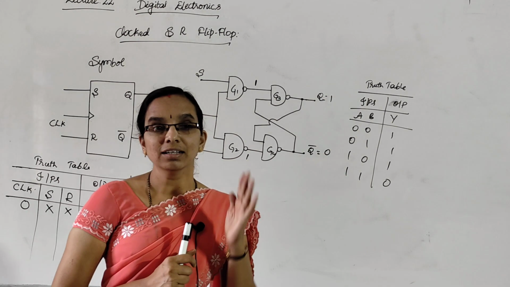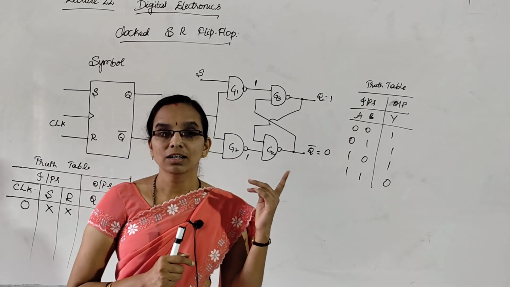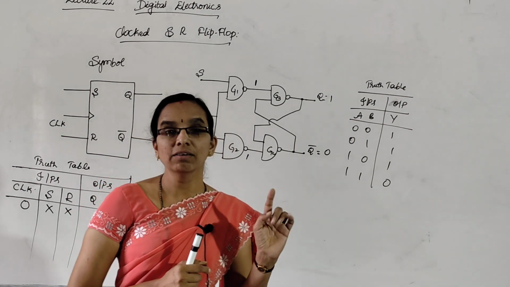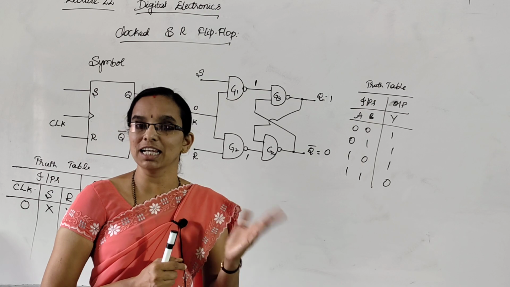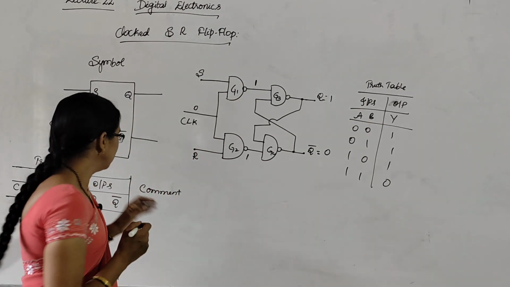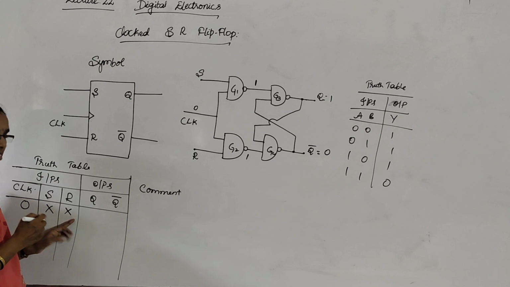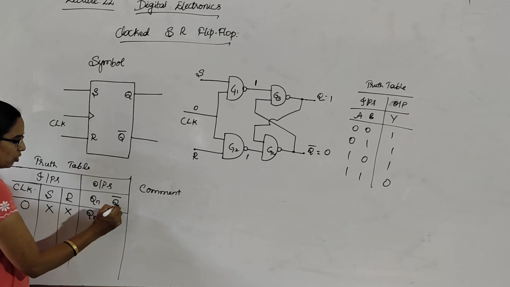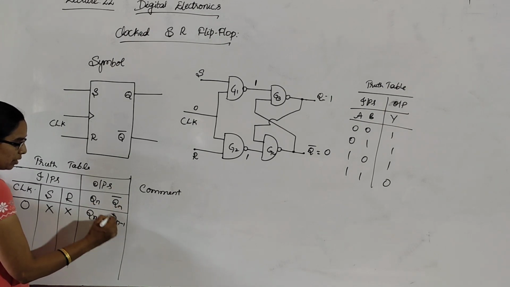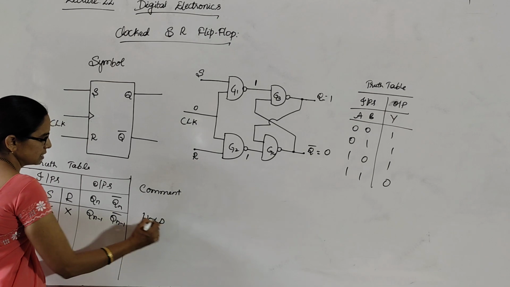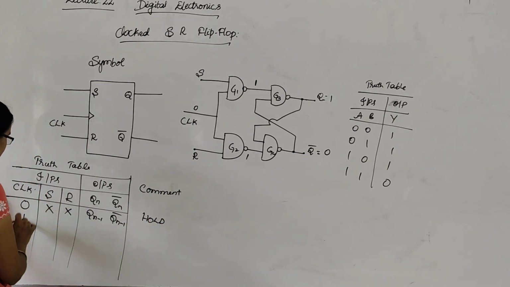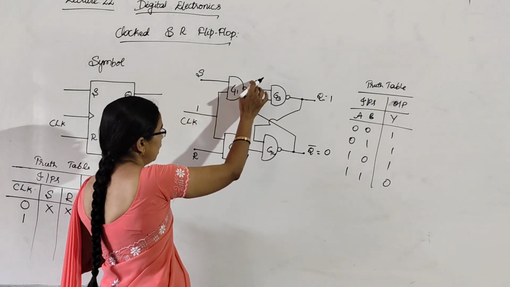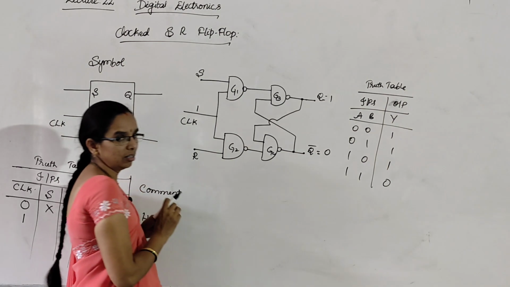So earlier the latches used to change their output whenever they wanted, but here when the clock is low, the latches will not change their state. So whenever the clock is 0, irrespective of S and R, it will remain in hold state. It is Q(n-1). If I call this Qn bar, Q(n-1) whole bar, and it will be in hold state. Okay. If I make the clock 1, at that time I have to check the S and R inputs.